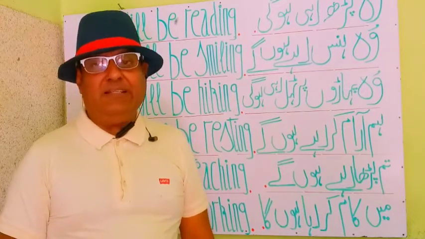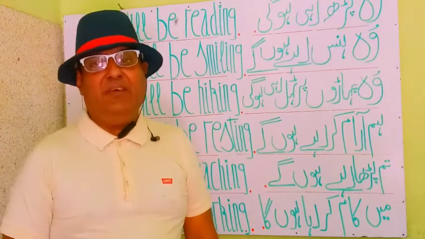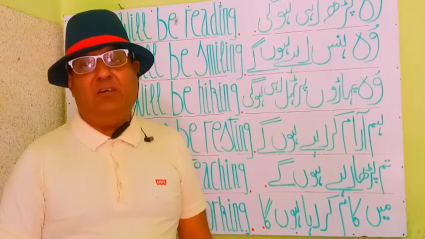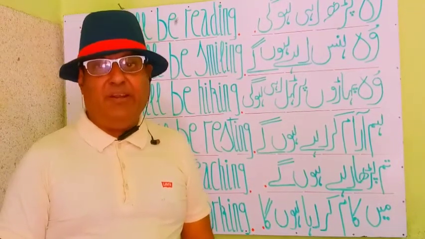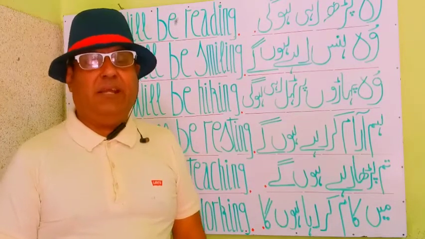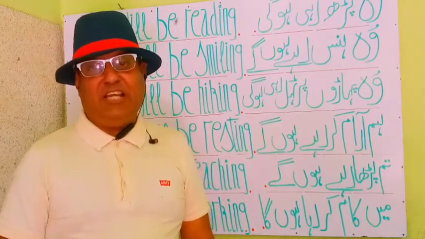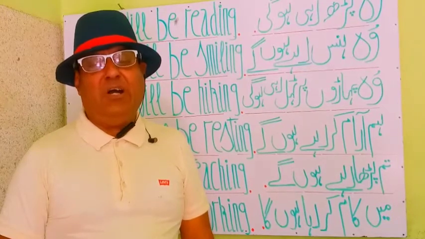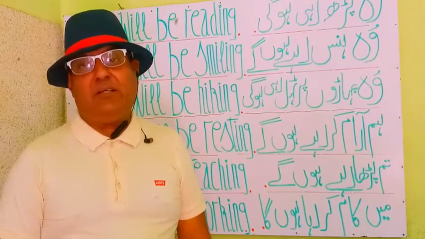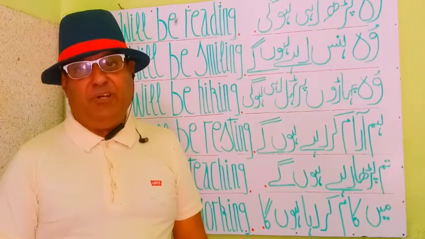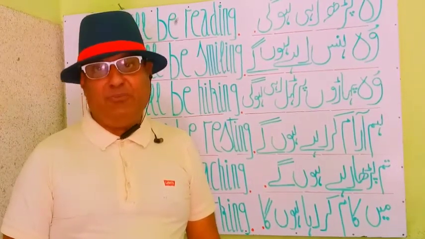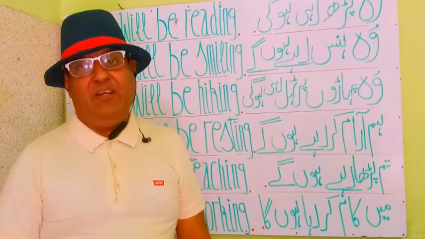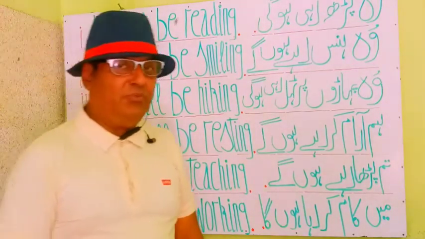The next statement we see here is we shall be resting, हम आराम कर रहे होंगे। You see that we is a subject, and after we we must write shall be, not will be. We is a subject and shall be is a helping verb, and resting is a principal verb. So we shall be resting, हम आराम कर रहे होंगे।